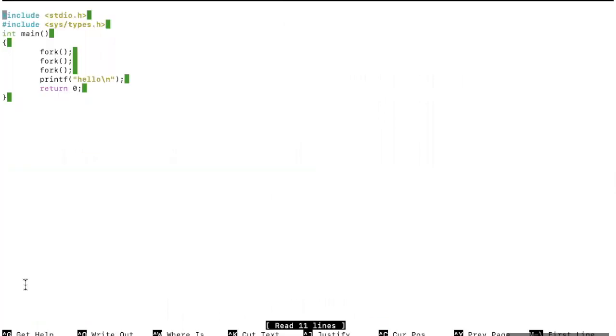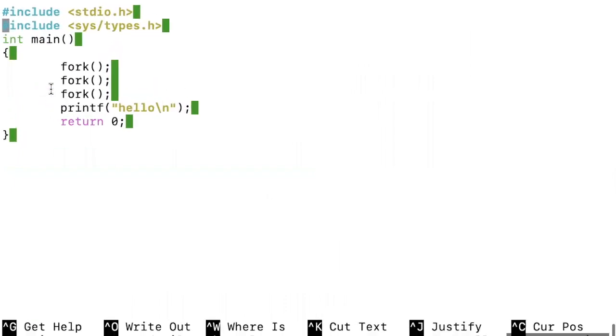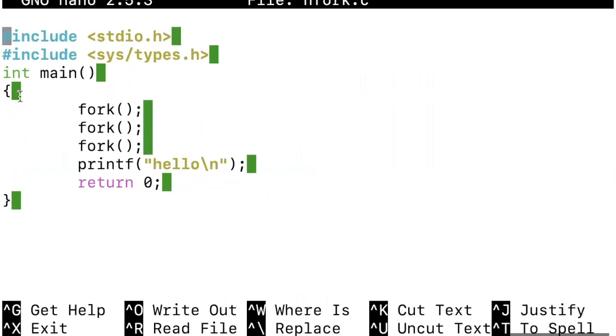So this is a program. What I'm doing here is creating fork, fork, fork, and print hello. This is taken from GeeksforGeeks. Now, how many times would it actually be running? So this is a point of understanding. This fork would create